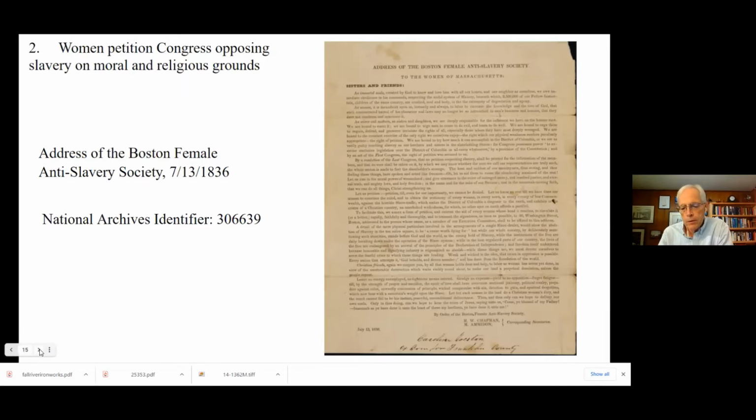Now, we've talked about the cult of domesticity and grassroots politics. A third really important thing in this first half of the 19th century was the growth of evangelical religion. It's referred to as the Second Great Awakening. And this petition, which is an anti-slavery petition, will be just steeped in the Second Great Awakening religious movement.